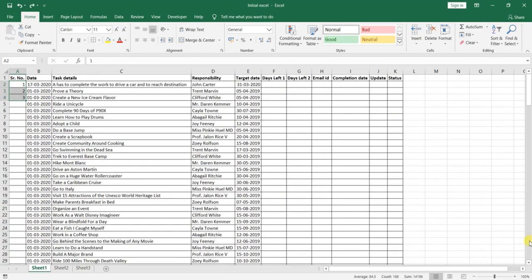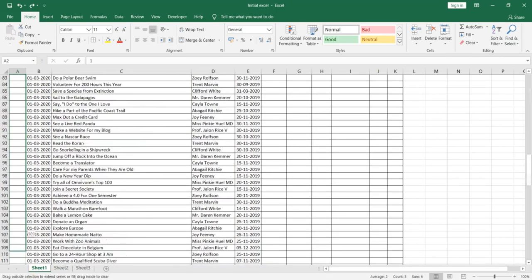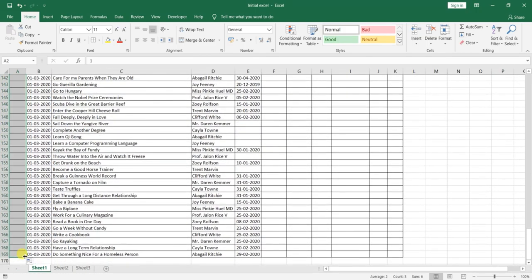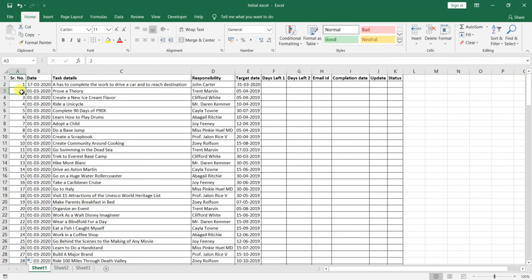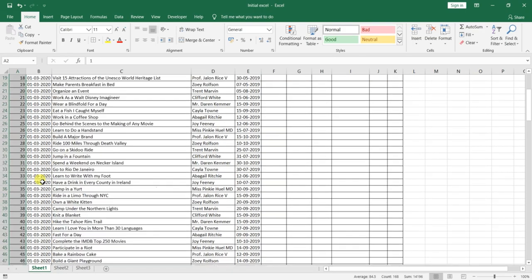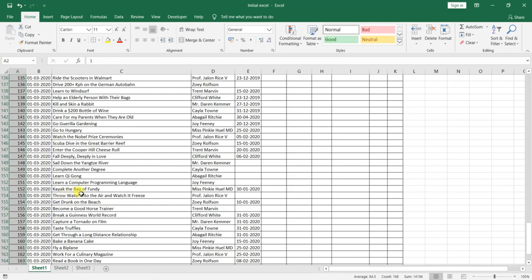There is another way. You can drag this to give the numbers. It will again do the same thing, right? There is a third way to give these numbers. Let me delete this, right? And over here I am writing some equation, right? This equation I will teach you in consecutive lectures, but let's skip this and go with these 2, 3 numbers only. Double click, and it will be filled till the end.